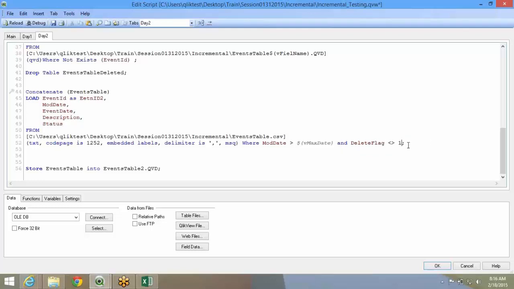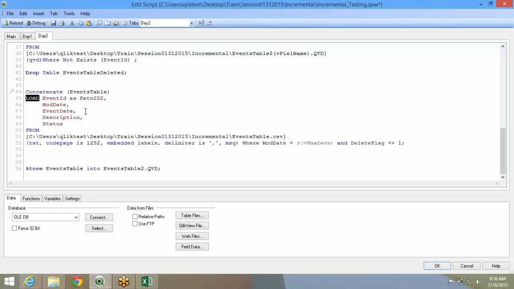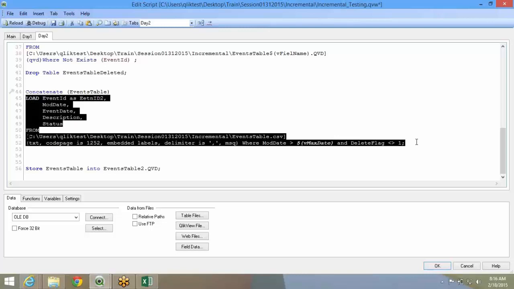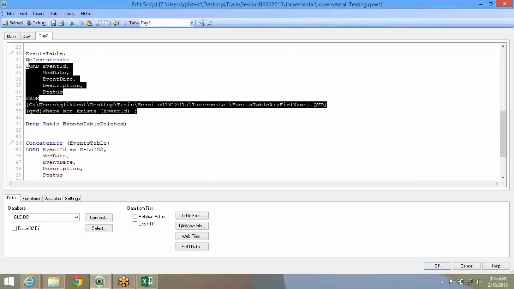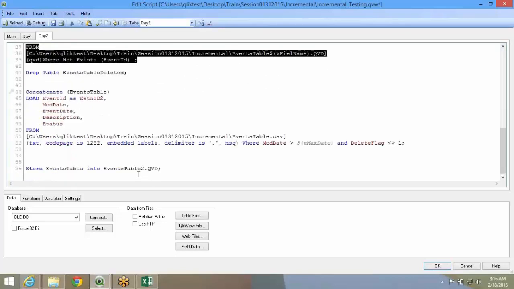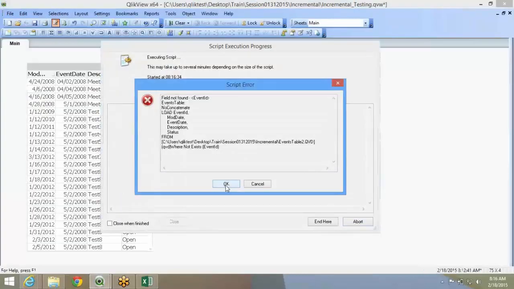Suppose like I said, 5 deleted, 2 updated. Now this query is going to give me only the 2 records which are updated. These 2 records I will append to my normal data events table, and I'll store this events table into events table to QED. This way I will not have any challenge.